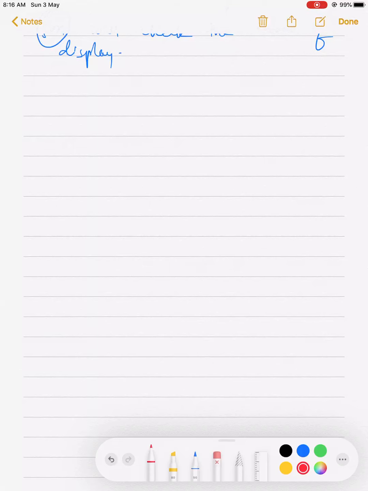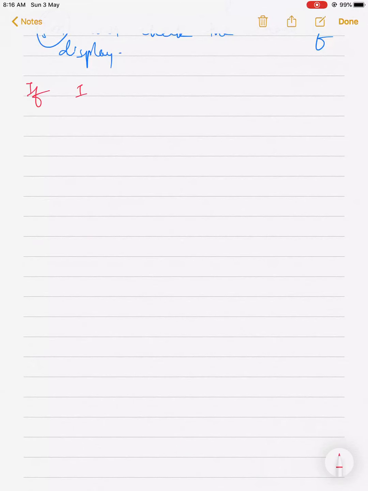Now for example, if I want to draw a line, I will use this kind of line function.